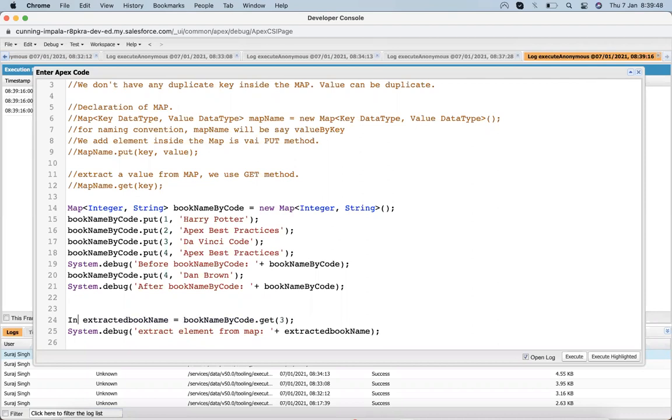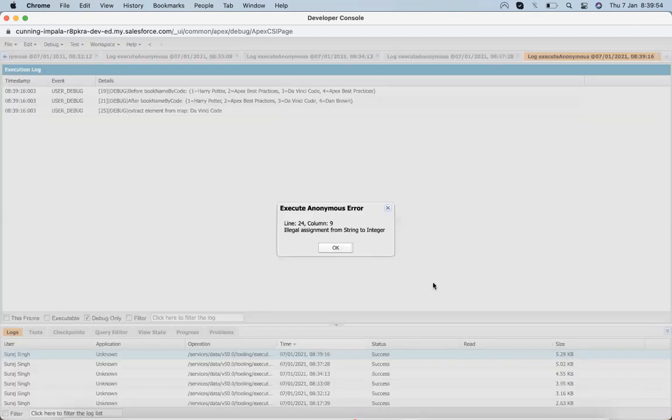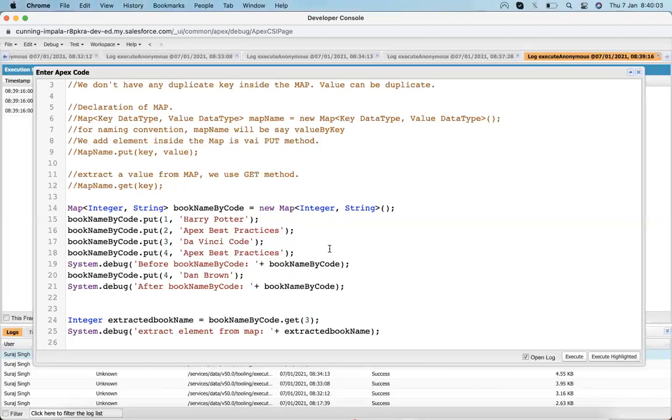Suppose I use integer, then it will say error, you are doing an illegal assignment, a string cannot be stored in an integer. So that's the issue we will face while working.